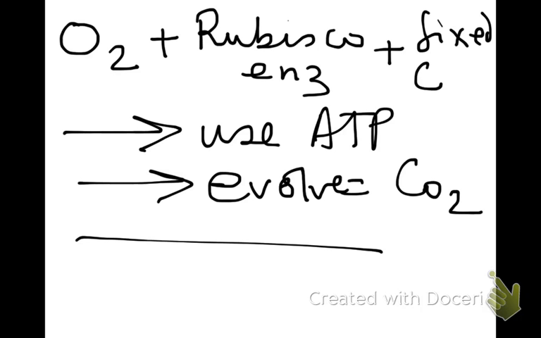So it is like the plant had put so much energy in fixing this carbon. It had put 18 ATP and 12 NADPH in fixing the carbon, and that is just getting burnt up by oxygen